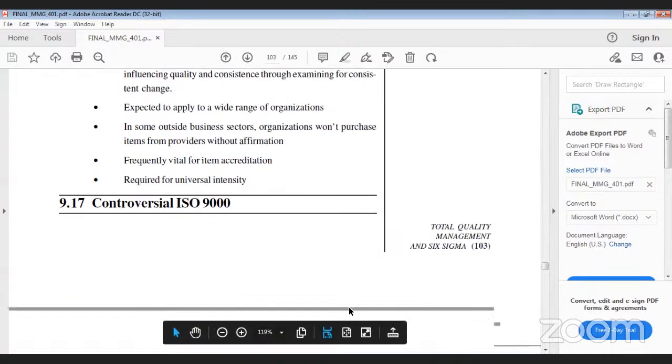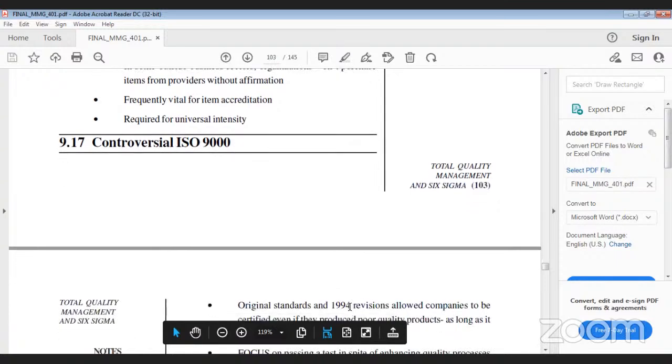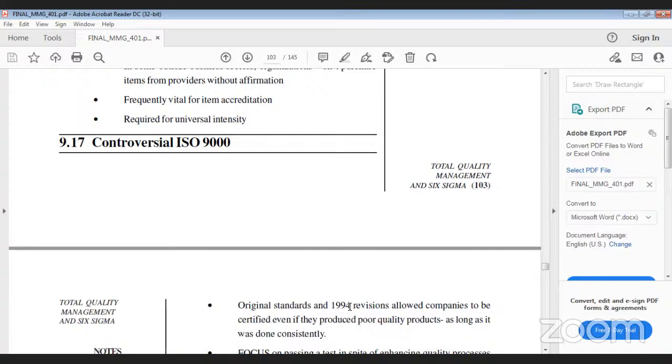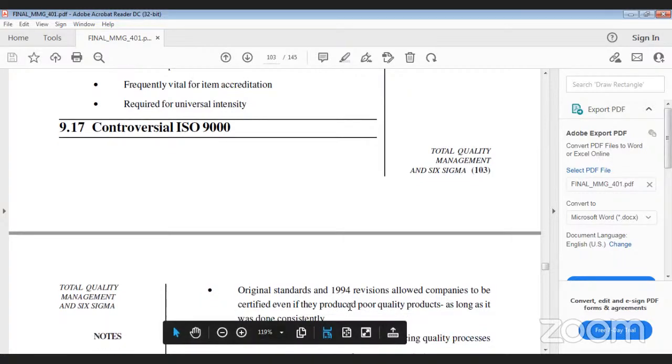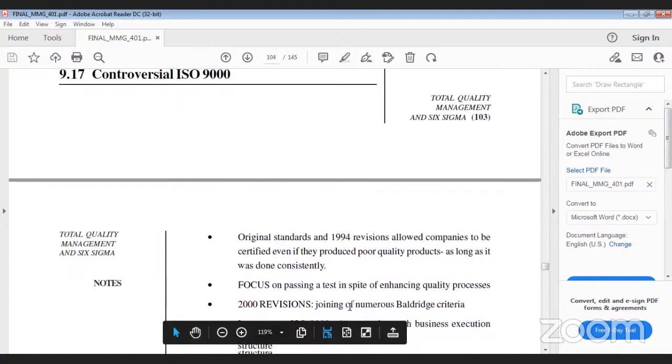In some outside business sectors, it is frequently vital for the item accreditation and required for universal intensity. There is also controversy about ISO 9000. There are some original standards also. Original standards and 1994 revisions allowed for only